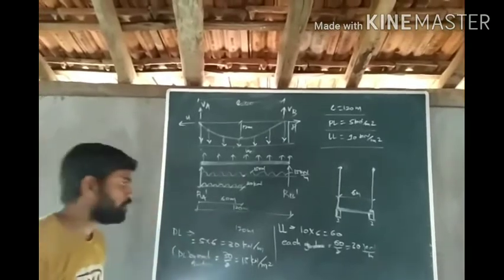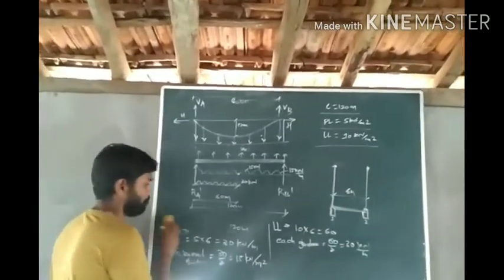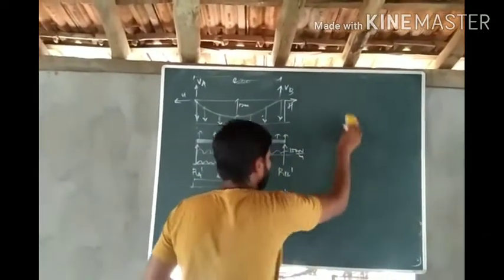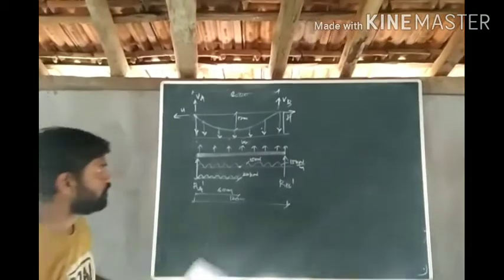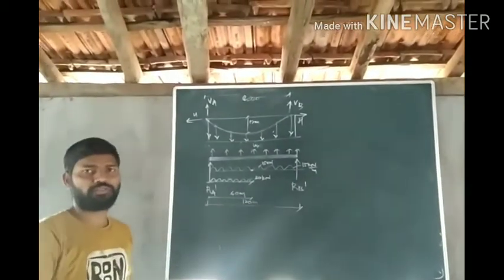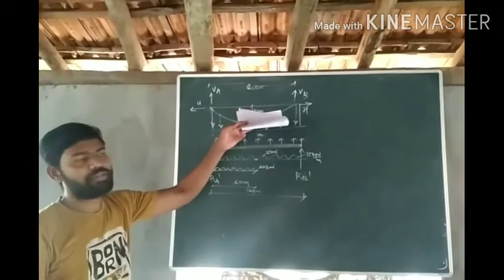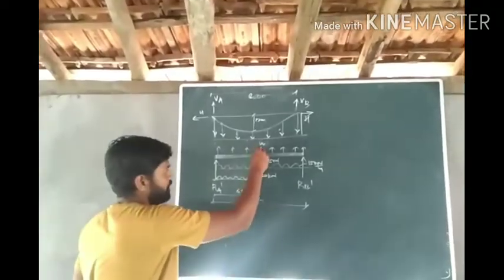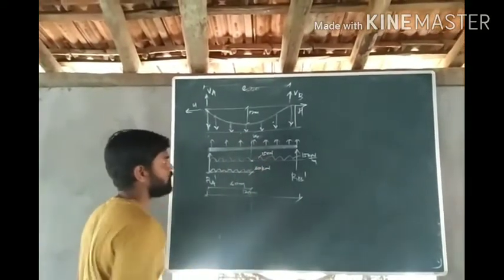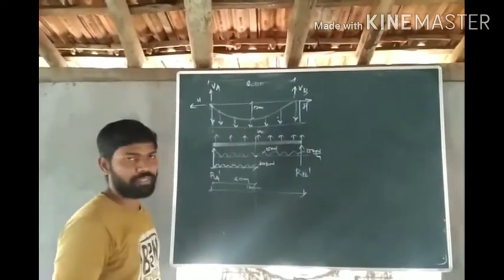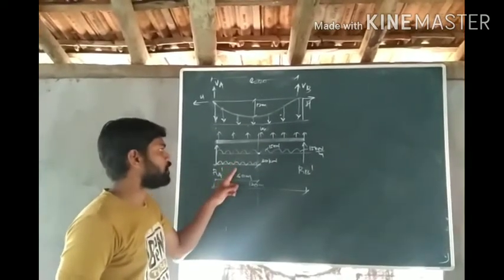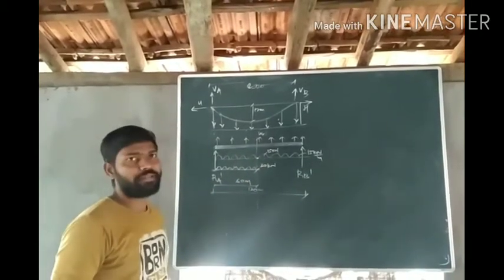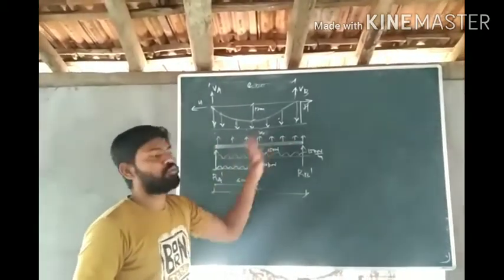Now next we will follow the procedure for the calculation of shear force and bending moment in the stiffening girder. First we will calculate shear force and bending moment in the stiffening girder, and then we will calculate the tension in the cable. Okay, so we have seen that bending moment in the stiffening girder will be equal to bending moment in the stiffening girder due to the given load, that is this 15 kilonewton and 30, plus bending moment in the stiffening girder due to this UDL WE.